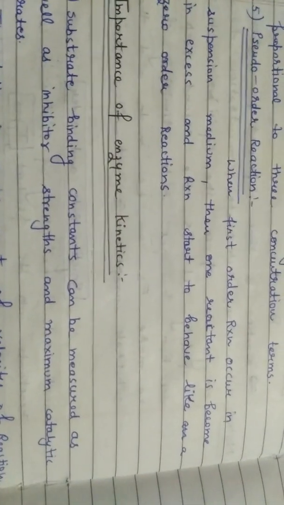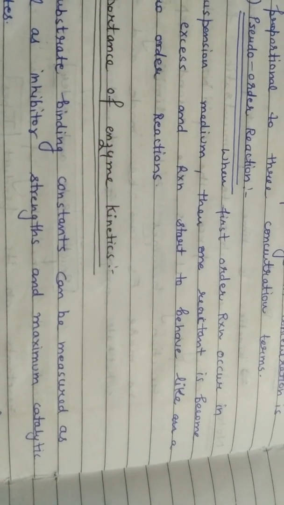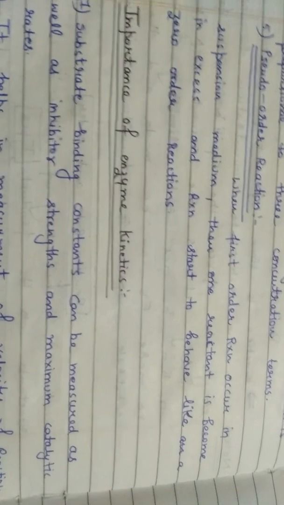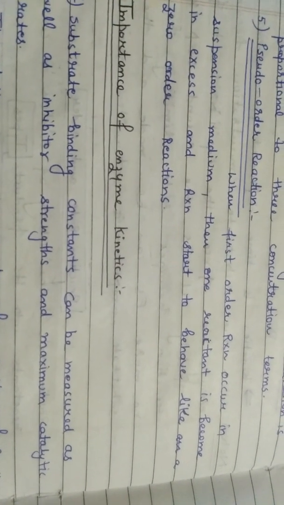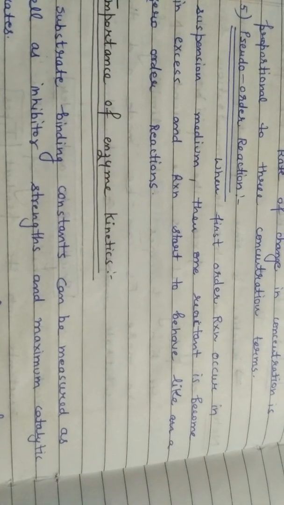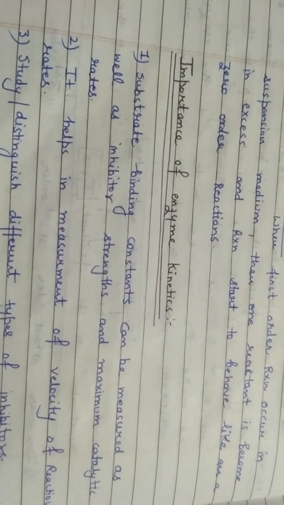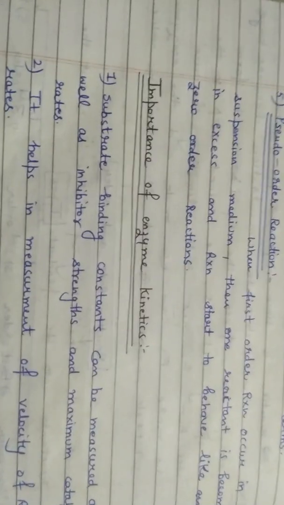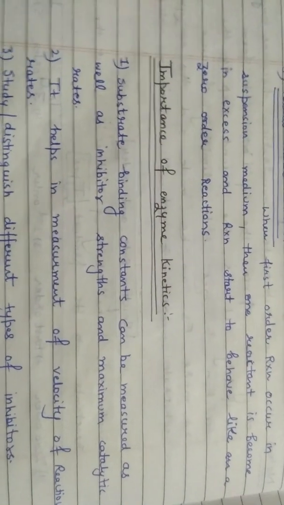Firstly, from enzyme kinetics, we know the mechanism of action, how the reaction is going on, and what the rate limiting step is during the reaction. We can also study the stepwise involvement in the enzymatic reaction, which substrate is involved in any step, which product is formed, which is the rate limiting step, and what the inhibitors are. All these things can be easily studied by studying enzyme kinetics.